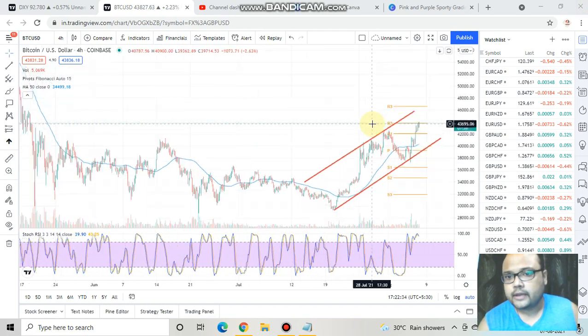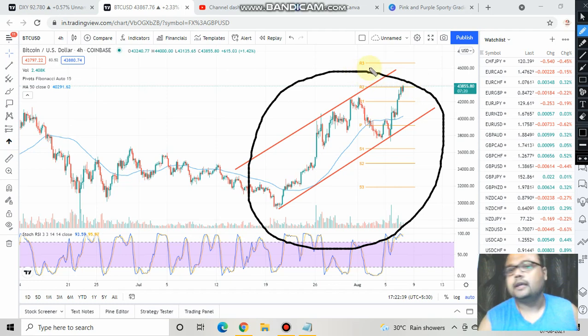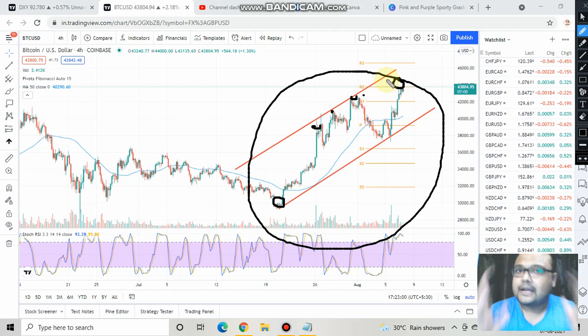But if we look at the present chart here, then we can easily see that this market is an uptrend right now. There is no doubt. You can see that after making this low, market is constantly making higher highs here, and this is a clear indication that overall trend of the market Bitcoin may be towards the downside, but right now this market is under the influence of buyers. Therefore, I'll suggest you to look for buying opportunities or buying position only, because thumb rule